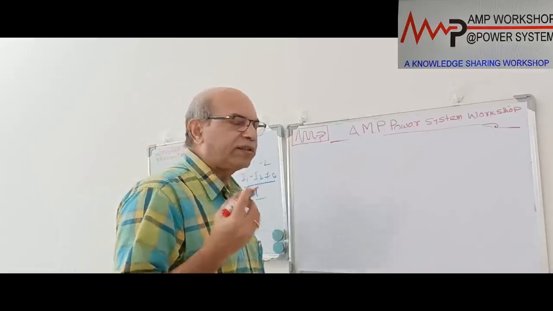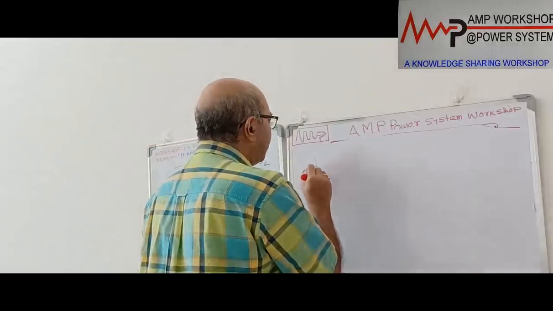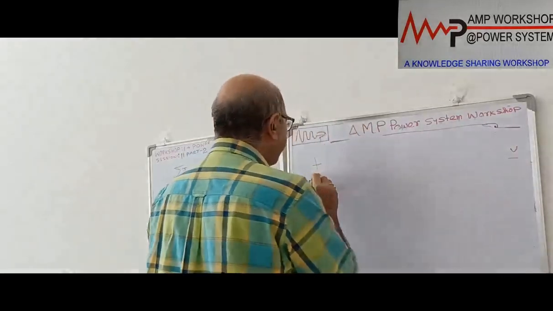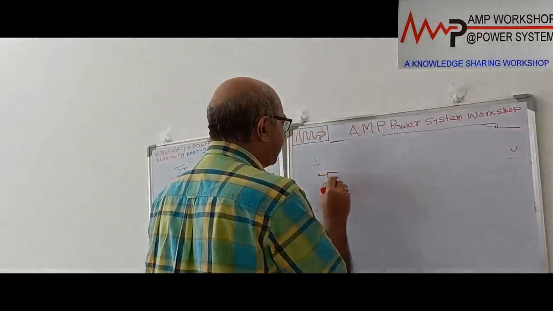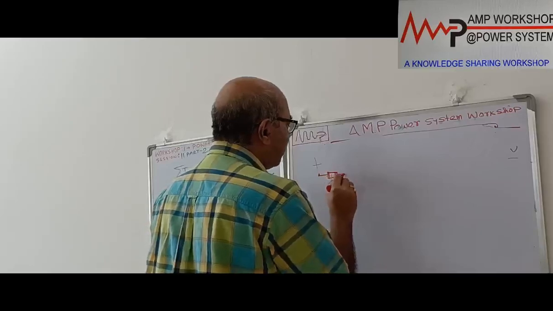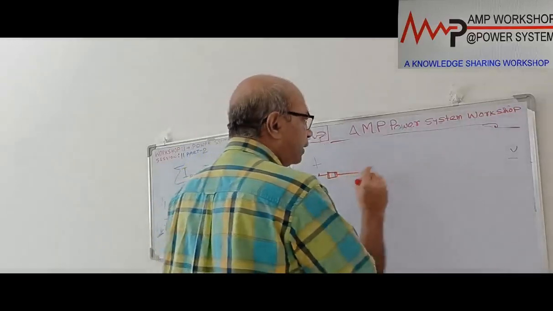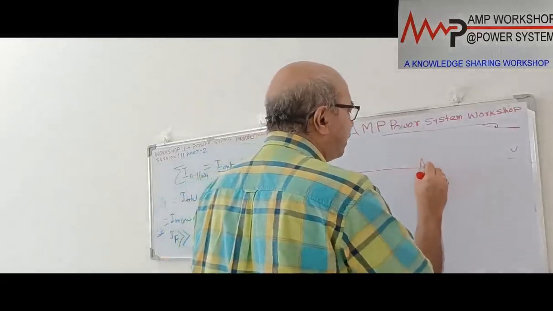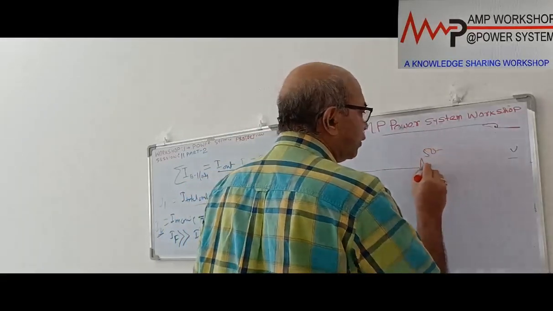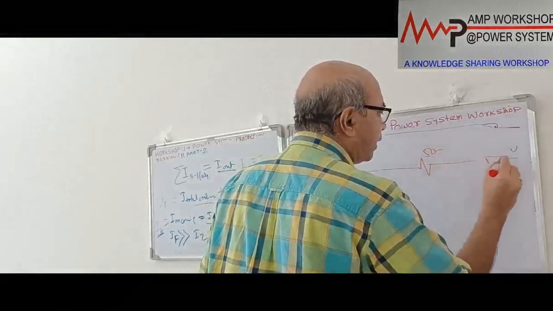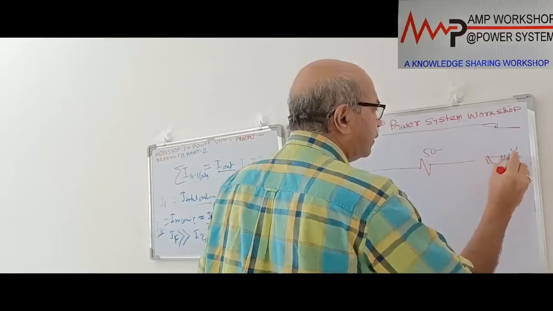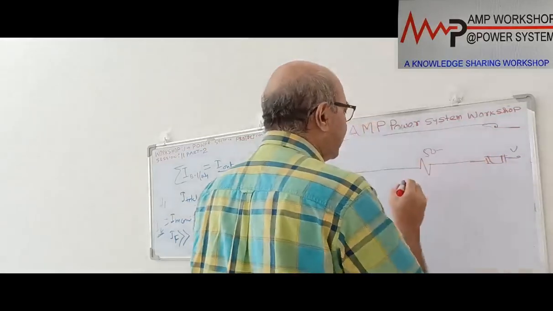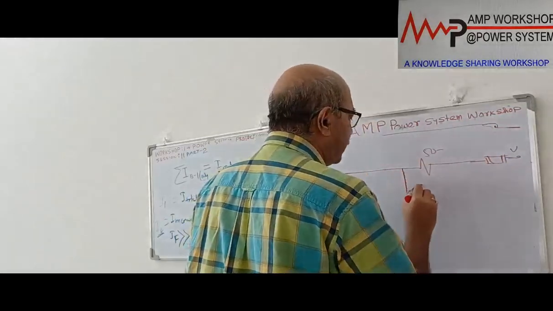So there is a DC scheme for that. How will we do that? That is the positive side, and suppose this is the negative side. Now from the positive side we put a fuse or MCB for protection. Then from here it will come. Now this 50 relay may need a DC supply. So this is a 50, suppose this is a 50 relay. So the DC supply will be coming from here. There will be a negative side fuse here. So this is the negative side fuse. So this 50 relay will get power supply over here. Similarly, there will be a 50N relay.